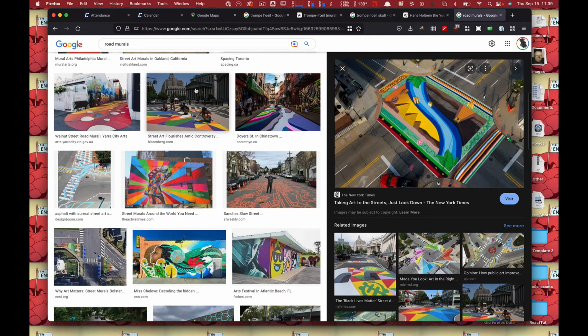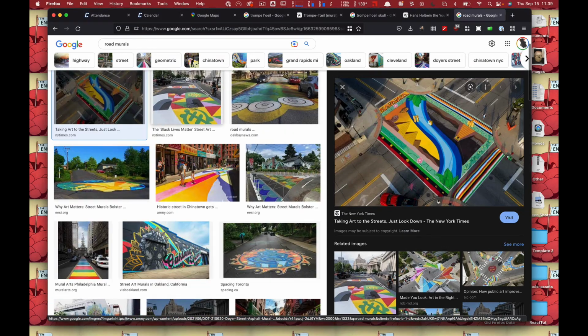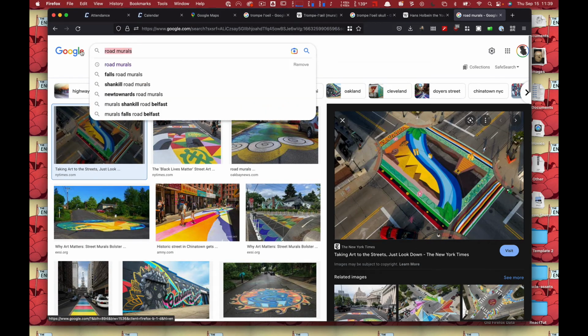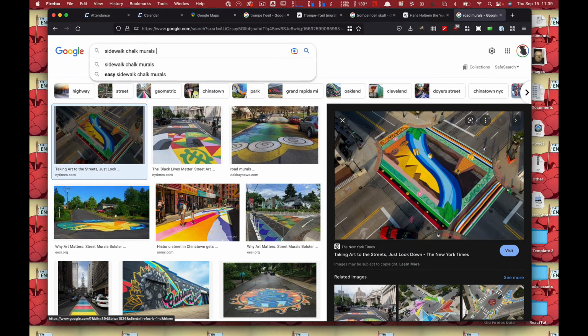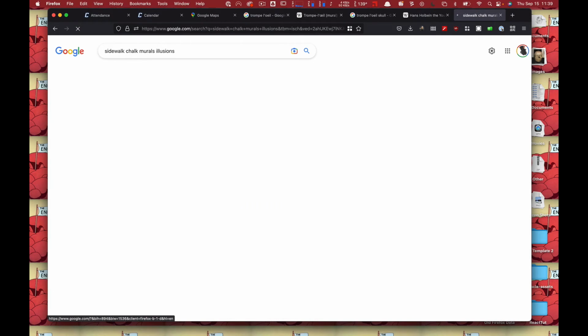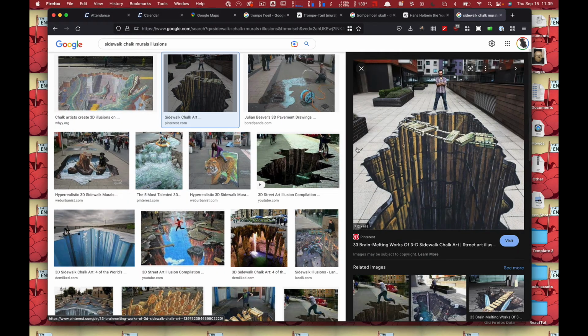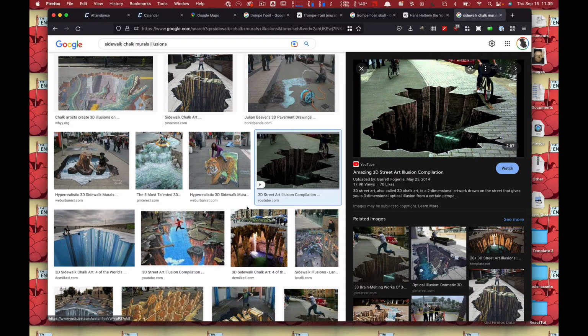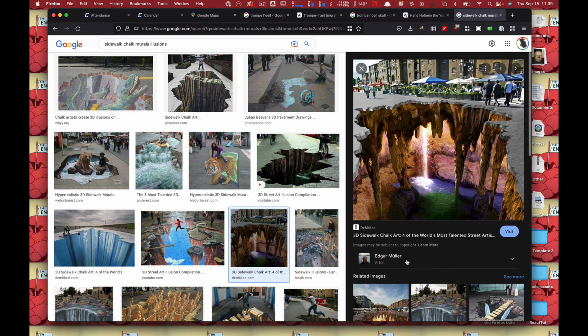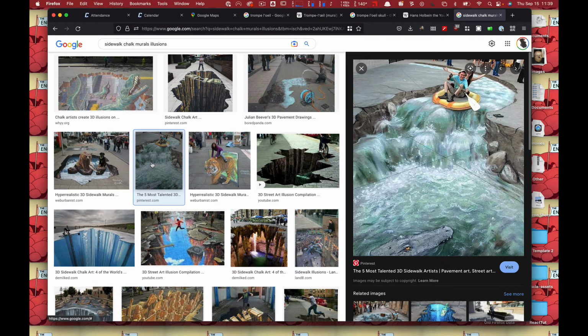You guys ever see those really elaborate sidewalk chalk paintings? Yeah, like this stuff. I love these things. You freak people out. Look at that. So these have to be seen from a certain angle in order to actually look like this. So stuff like this is something you could do as well.